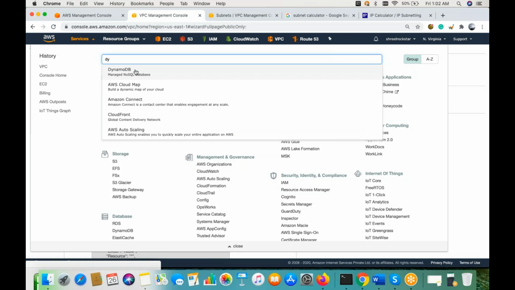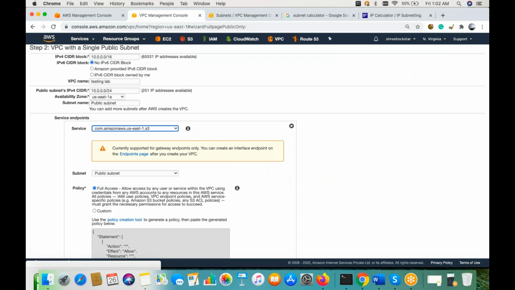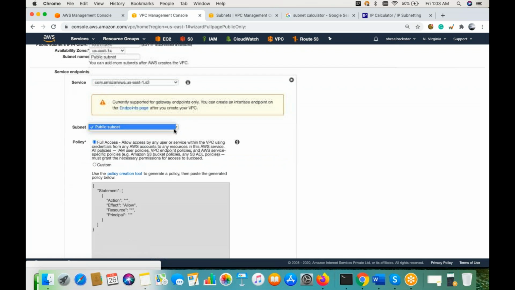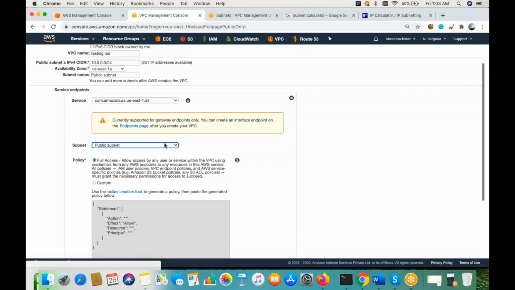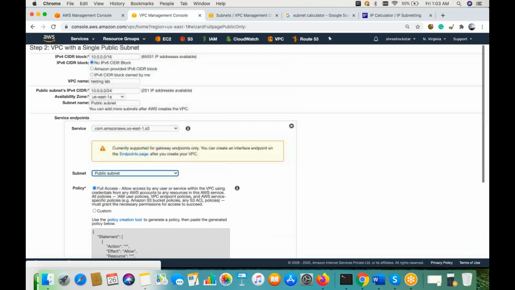So DynamoDB and S3 are not part of the VPC, meaning they will not be able to join the VPC. That is why AWS gives us the option: you can create an endpoint and select whichever subnet you want to have access. So what will happen if I choose this endpoint between S3 and this VPC? I don't have to create access inside this subnet to S3. They will automatically get it, because I have already created an endpoint between S3 and this subnet.